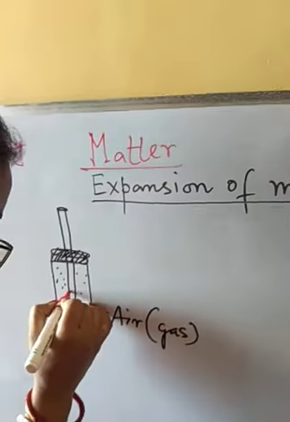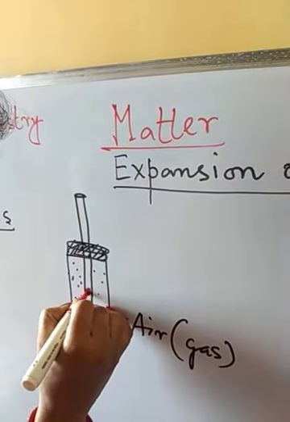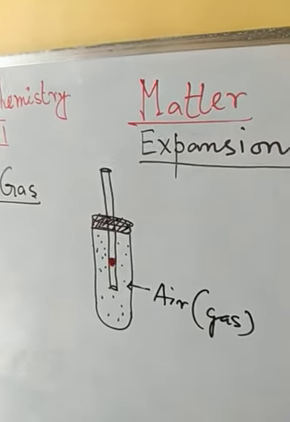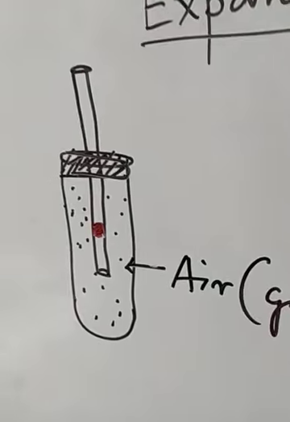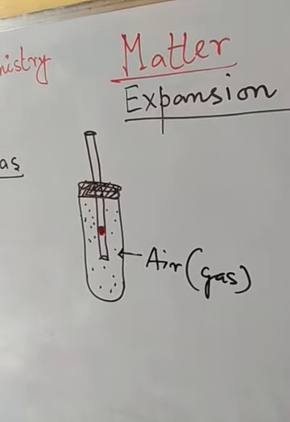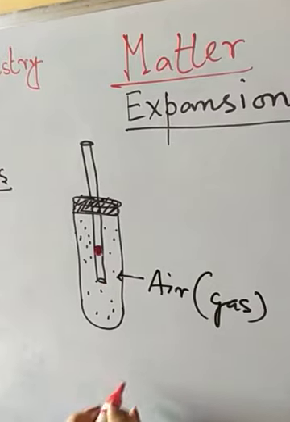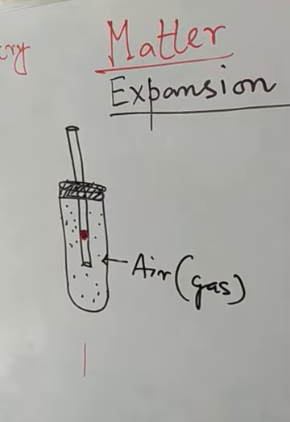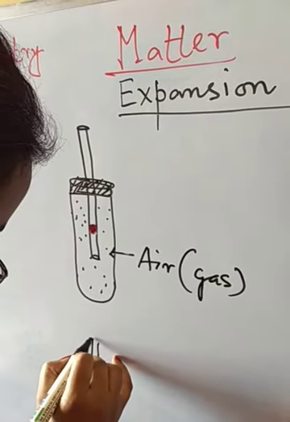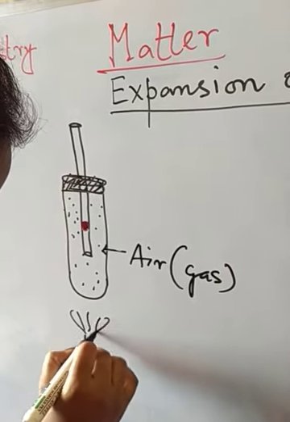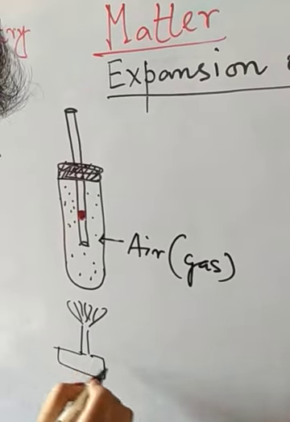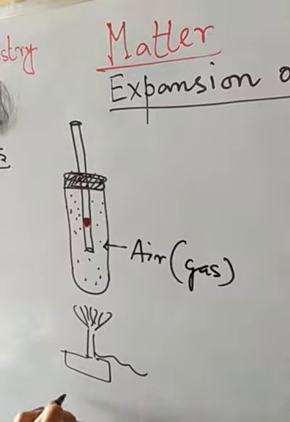So suppose the drop was here inside this capillary. This is the liquid. Now what we are going to do, this test tube we will be heating. Here we can use a burner. For heating purposes we generally use burners, or a spirit lamp also. So here we will be using the burner. We are heating this.